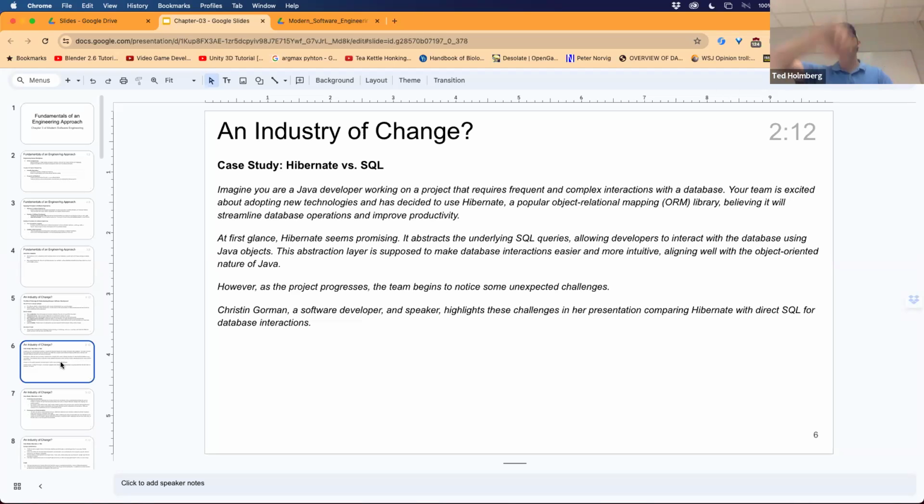So imagine that you're a Java developer. Shouldn't be hard to imagine, because that's probably what you primarily are comfortable using. Because is databases in Java? Yeah, okay. So imagine you are a Java developer working on a project that requires frequent and complex interactions